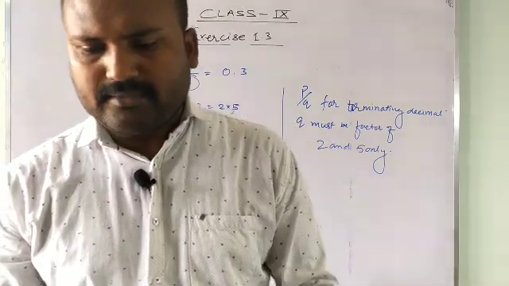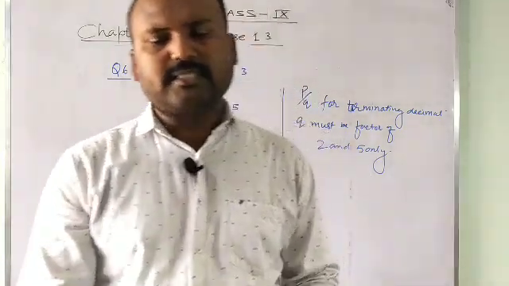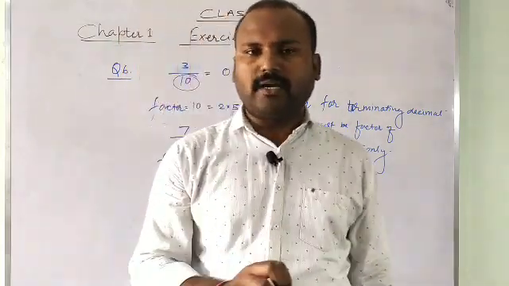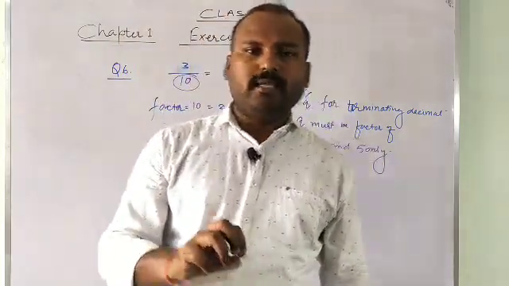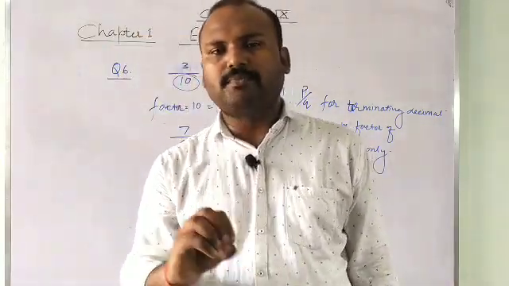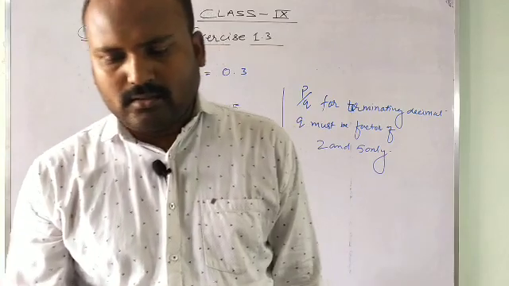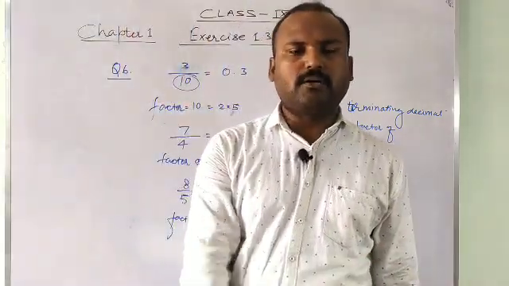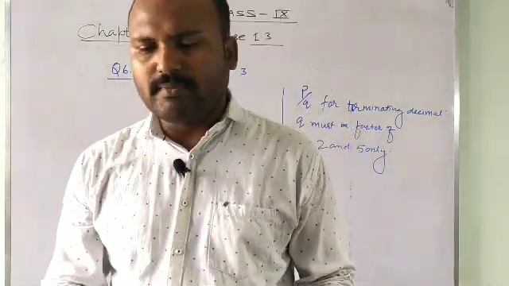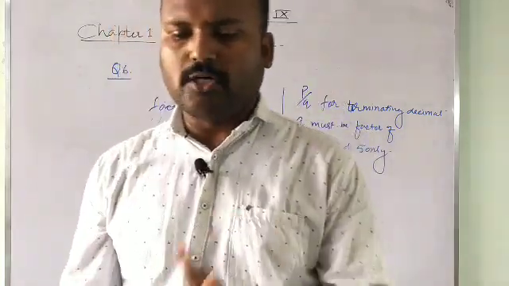In question number 9, classify the following numbers as rational or irrational. The first is given, root 23. Now see, square root of 23 is not a perfect square, and we know that the square root of a non-perfect square number will be an irrational number. Now see 225. 225 is the square of 15. This is a perfect square number. On taking the square root you will get 15. This will be a rational number, so it will not be irrational. First will be irrational, second will not be irrational.